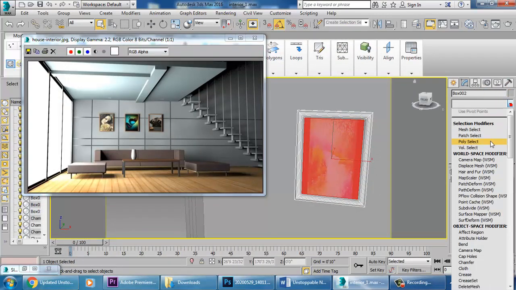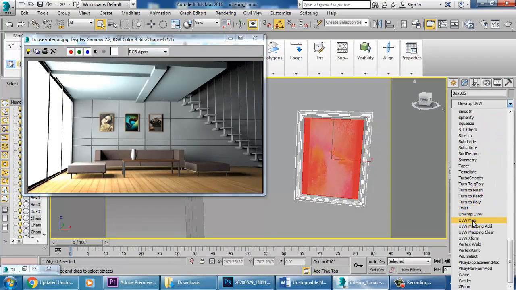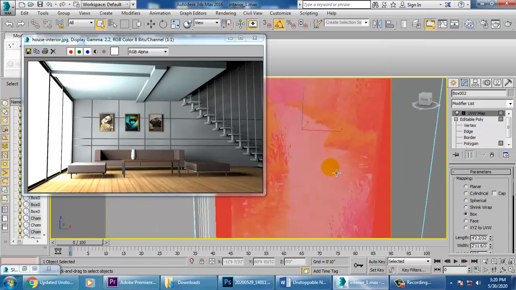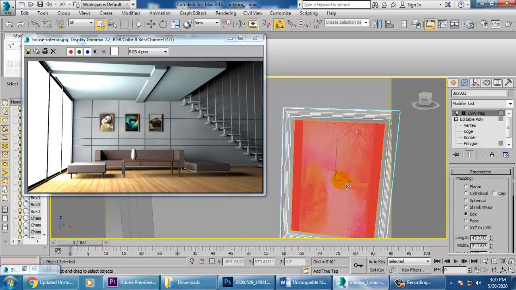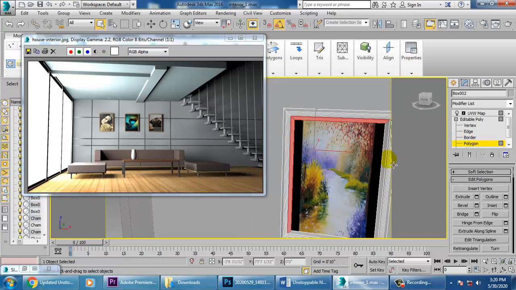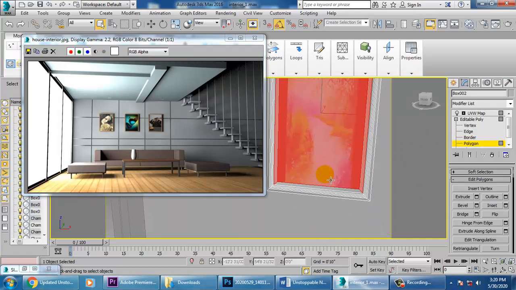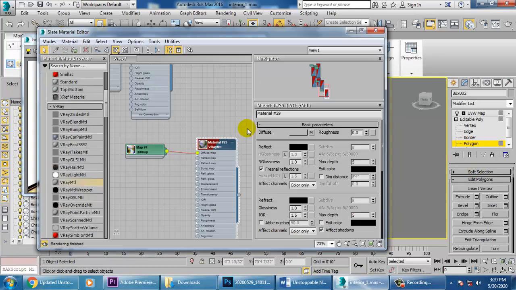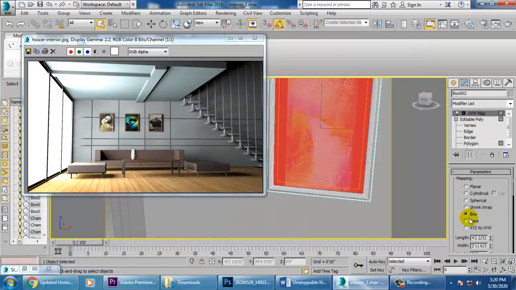So let's go into this and UVW map, use a box over here. So we need to select this whole frame, material, assign it and UVW map,